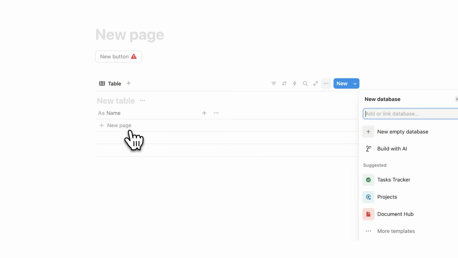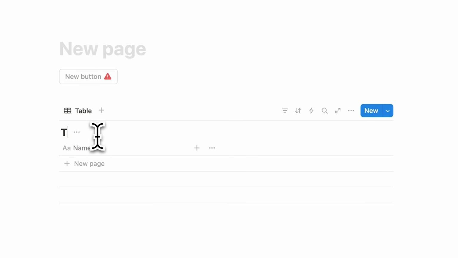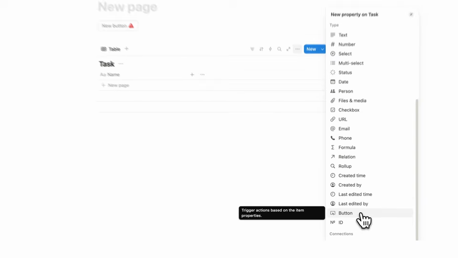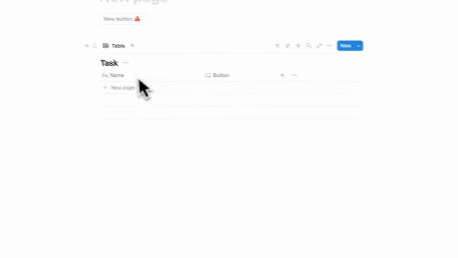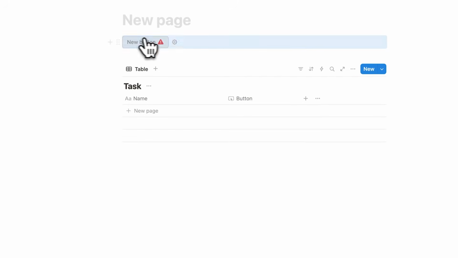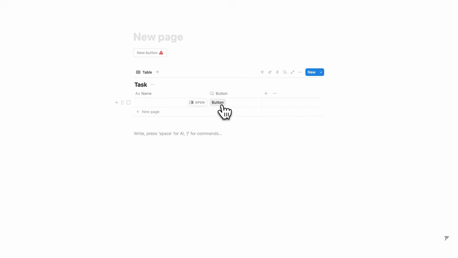However, there is another type of Notion button where the buttons appear in your database. So let's do this as your tasks, and then I'll click here on plus, and if we scroll down here, then we can see button here. So this button here exists just in this database, whereas these types of buttons, they can be dragged around and put absolutely anywhere. So now that we understand these buttons and what these buttons look like, let's start by building